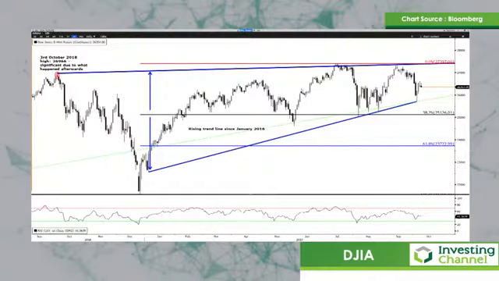It's butted up against that a couple of times, bounced down to the lower trend, butted up to the top again, and come down again. I think what this is telling us is that the market has room to the upside, but it has yet to prove that it has the momentum to break through the rising upper channel.